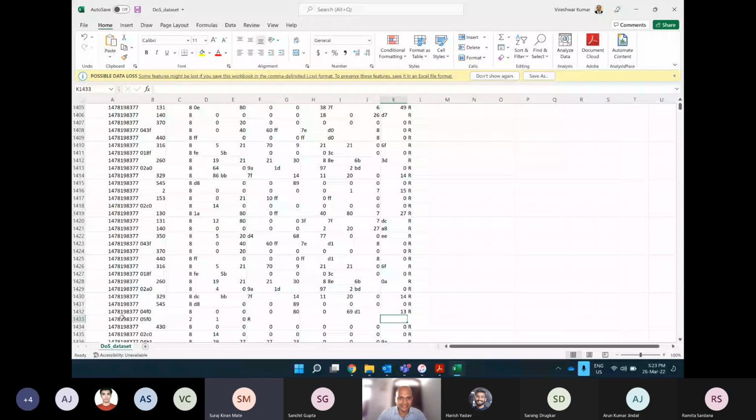In this Excel file it is here, but who is telling you to just use this Excel file? You could create your own data structure, store all this information in it, and then use it. You do not need to use this Excel file to do the analysis. If I use this Excel file and start drawing figures and histograms here, then of course I will have to drop these messages. But when you are writing a program or code, please create your own data structure, store all of this